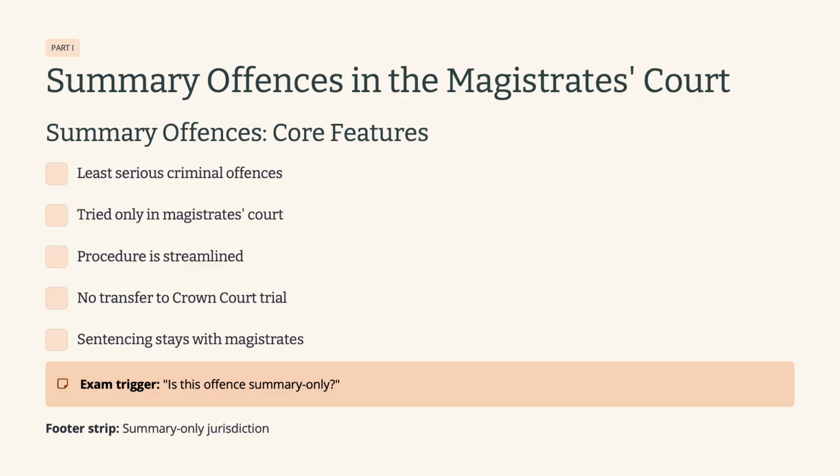Third, the procedure is streamlined for efficiency. Summary cases move through the system more quickly than either way or indictable offences. Fourth, there is no mechanism for transferring summary trials to the Crown Court. The magistrates handle everything from first appearance through the verdict and sentence. Fifth, sentencing powers remain with the magistrates. The maximum sentence is limited by the magistrates' statutory power, typically 6 months for a single offence, occasionally more for